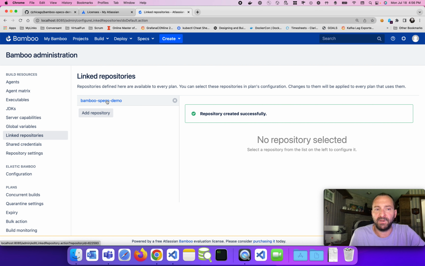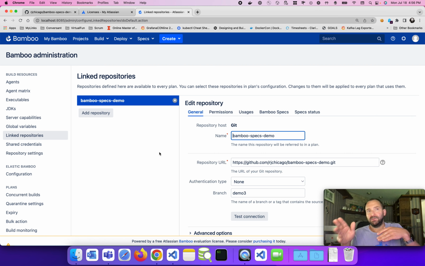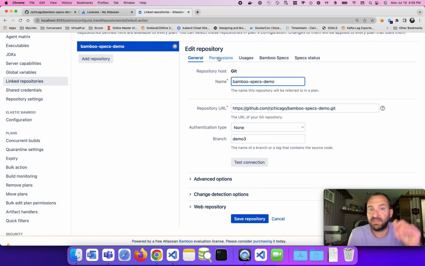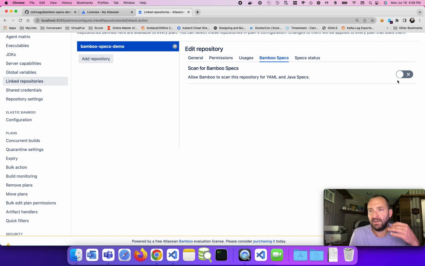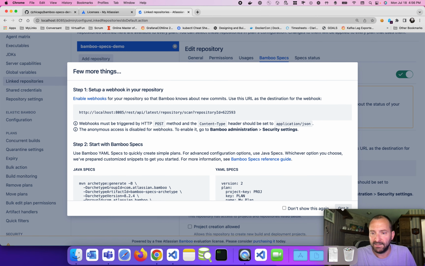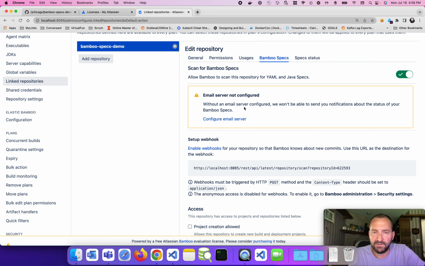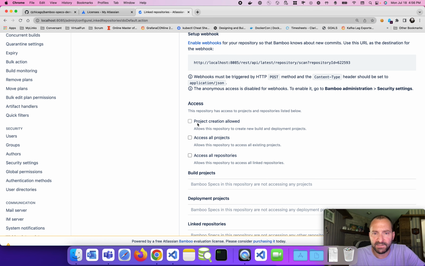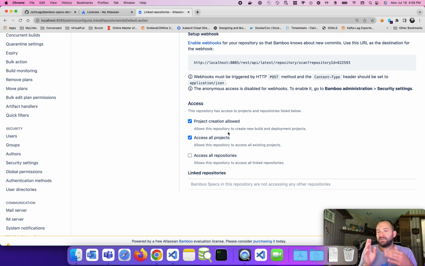This is a linked repository, and linked repositories means you can link these to your deployment plans, your build plans, etc. Now what I want to do is set this up for Bamboo specs. So I just configured this Bamboo specs demo linked repository. All I need to do to set it up for Bamboo specs is check this box here, and somewhere back here is a got it. And email server not configured, that's fine, whatever. I need to allow access to all projects and allow project creation. So this is new